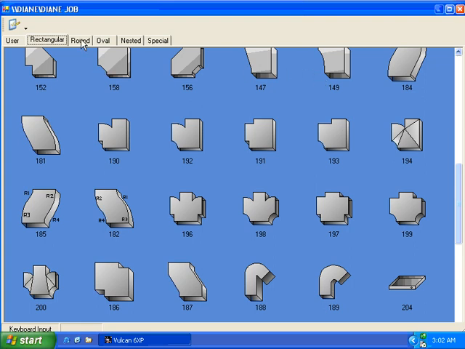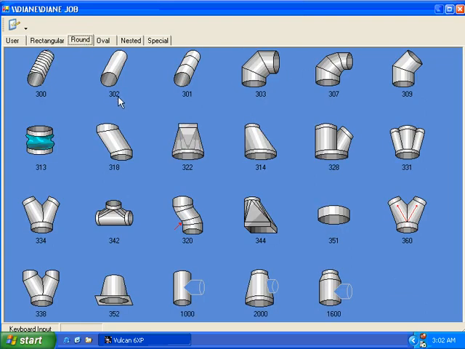The next screen I want to go to is the round screen. Well, you look at this screen and you're asking me, where are all my fittings? I don't have a scroll bar like you had one before. Well, what we've done, instead of having a conglomeration of every body and every tap that we have, we've actually decided just to put the body styles on the screen. So once you select your body and enter in the dimensions for that body,